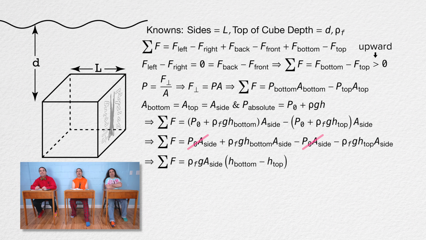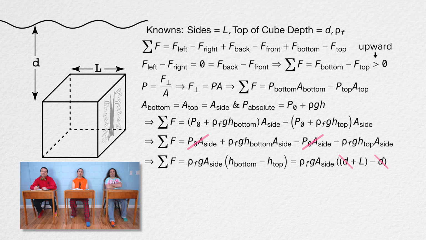Okay, the depth to the bottom side of the cube is the depth to the top of the cube, lowercase d, plus the length of one side of the cube, capital L. And the depth to the top side of the cube is, as I just said, lowercase d. Substituting that in shows us that the depth to the top of the cube cancels out of the equation, but